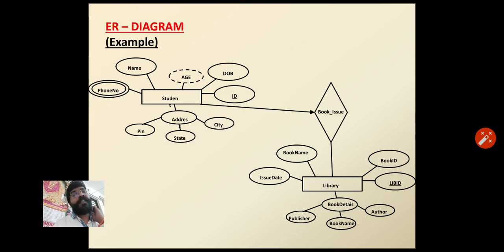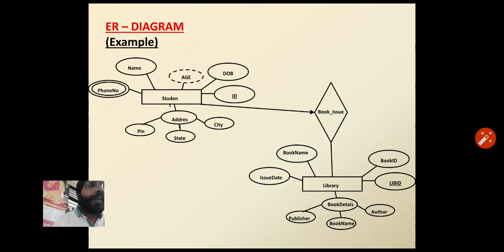Simple example. Here one entity is students and the second entity is library. So, how do we associate student and library? Students can be issued books from the library.